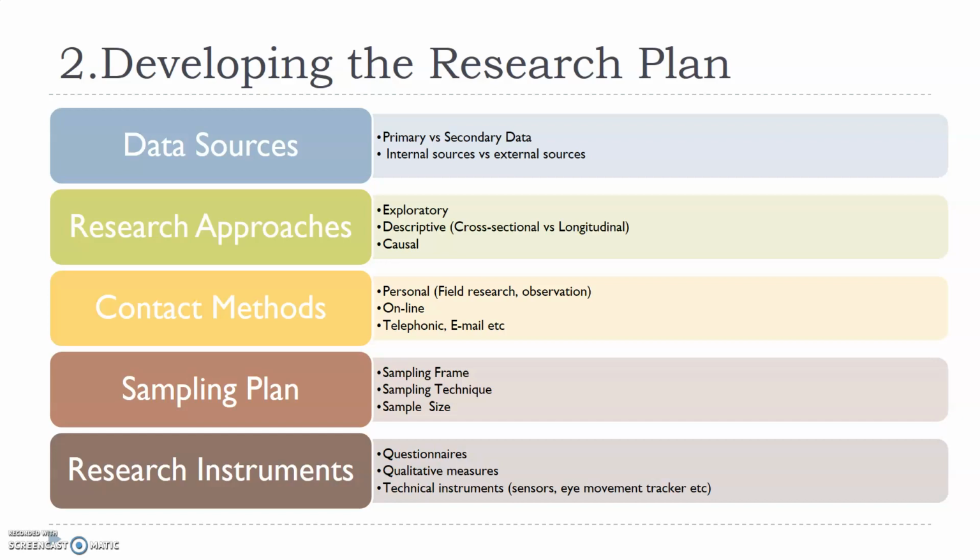Next step is sampling plan. In sampling plan, one of the key concepts is sampling frame. Always remember, though the name is sampling frame, it has nothing to do with sampling. Sampling frame is basically a list of your target population. If I want to conduct a survey about, let's say, college students in Bhubaneswar, the list which provides me all the details of college students, name, contact details, let's say all the postgraduate students to be specific, who are studying in different colleges in Bhubaneswar, that is my sampling frame. So sampling frame is a list of the target population.